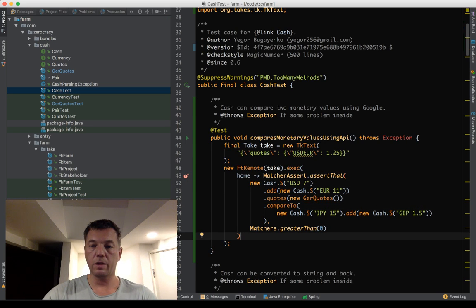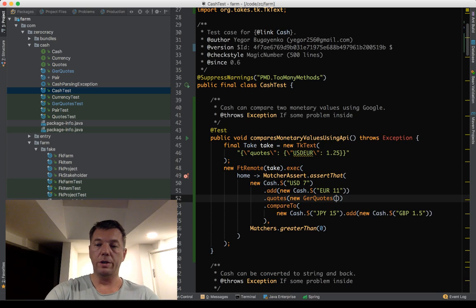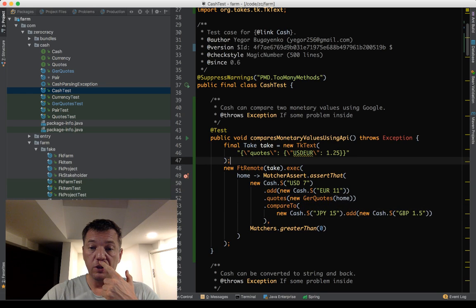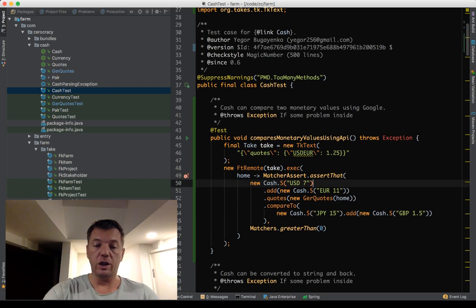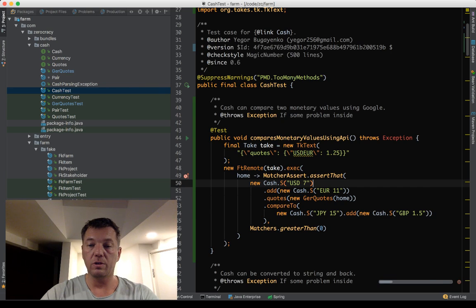Yeah, that's correct. And we give the home here. But now I'm not sure what's going to happen with the numbers, because here is dollars, this is euro, this is Japanese yen. I don't know. We have to check. So let's run it and see what's going to happen there.